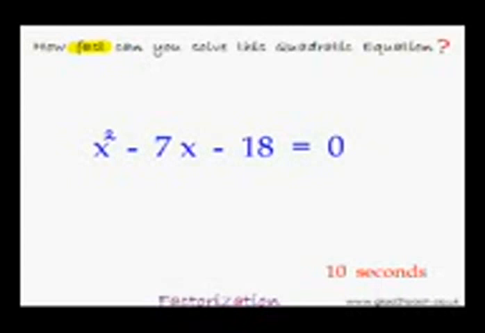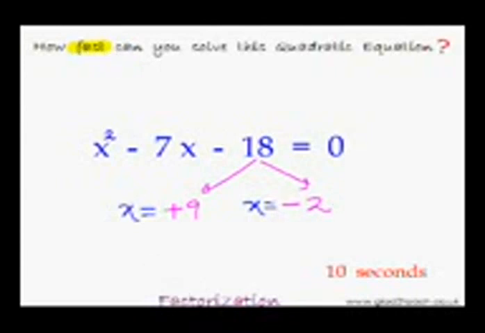Your time is up. So, could you solve this equation? Okay, so now let me do it. Two factors of 18 whose sum or difference is 7 would be 9 and 2. Adjusting the signs, it would be minus 9 and 2. Now simply making the signs opposite, it would be plus 9 and minus 2. That's it, question solved. The two solutions of this equation are x equal to plus 9 and x equal to minus 2. So now tell me honestly, wasn't that fast?